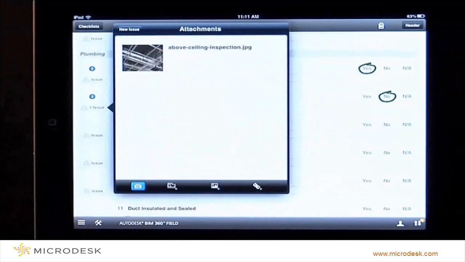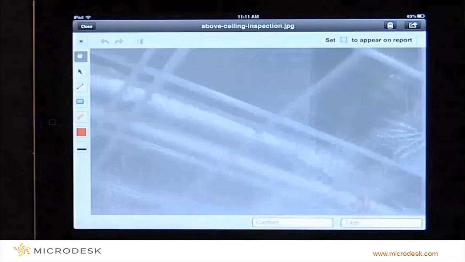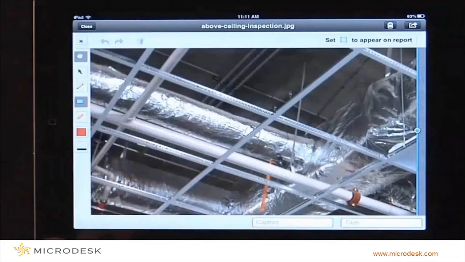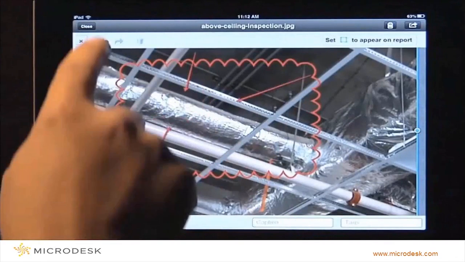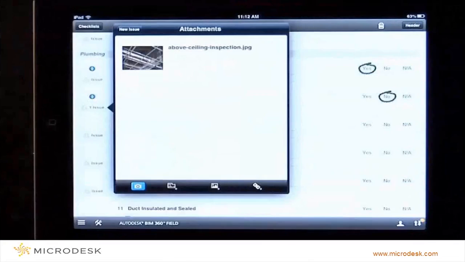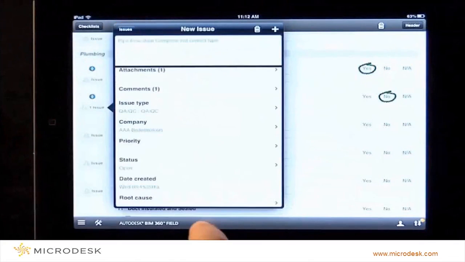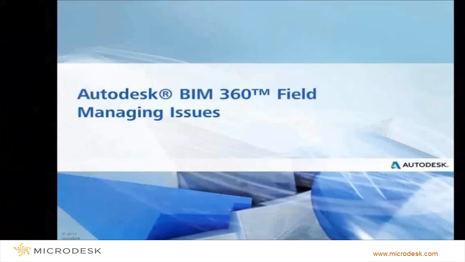So this is where we're going to go in and look at the photo, and then we'll mark it up with the tools that are in there. The pencil tool, and make arrows, so everyone is really clear that duct needs to be taken care of. So then we can go, and you can also manage the issues right there in the field